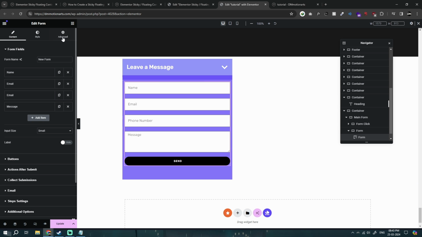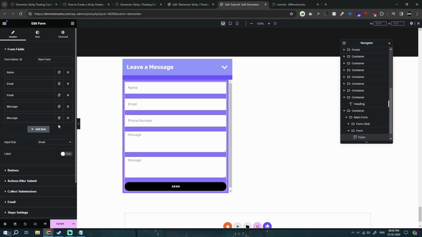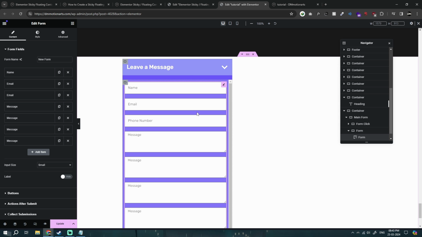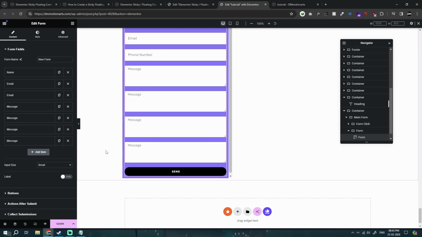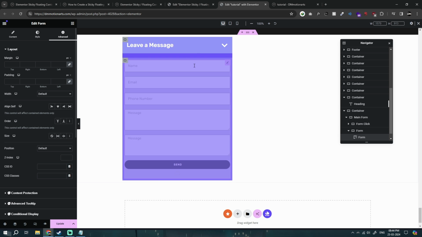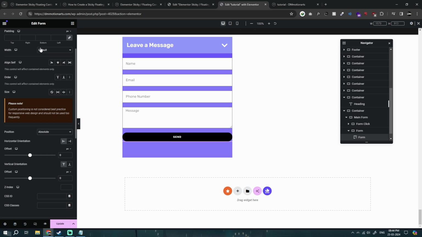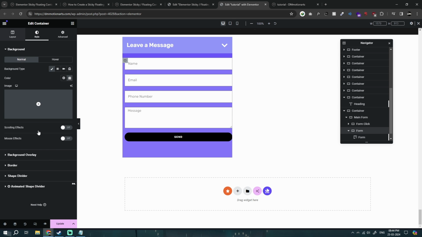This form should actually be absolute if you wish to have the scroll bar when it's big. If you don't add the scroll, if you don't make it default, what would happen is, if I keep adding this one, it will keep making the form a bit bigger like this. So what I need to do is go into the form, make it position absolute, make it be at the top, and then make it be at 0. If you remove this, it will be in the middle, as long as you have chosen this to be at